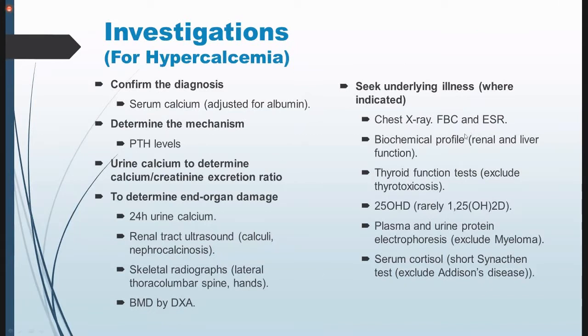So you see, you have to do all these investigations on an individual basis. You don't have to do them on every patient with hypercalcemia. Sometimes the clinical picture is very obvious, then you may exclude the other steps. For example, if someone is suffering from thyrotoxicosis, why would you perform plasma and urine protein electrophoresis to check for multiple myeloma? Or if someone has tuberculosis, why would you consider kidney failure and so on? So you have to be very skeptical and decide these investigations on an individual basis.